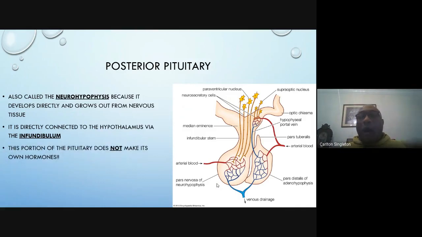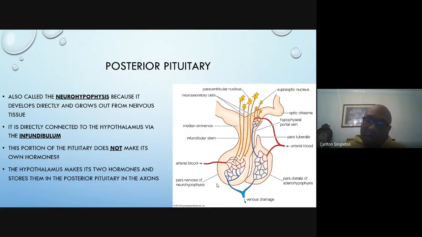Okay, now again, this will be on your test. I can promise you. I love this question. This portion of the pituitary does not make its own hormones. The posterior pituitary does not make its own hormones, guys. Please know that. The hypothalamus makes them and stores them in the posterior pituitary in its axons. So if you guys see here in the picture to the right,